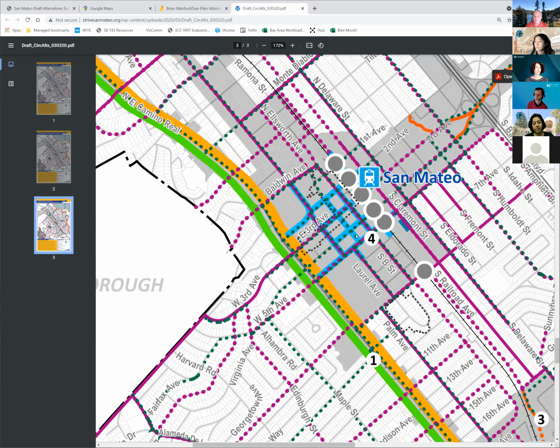And it also opens up a lot of space that can be used for a plaza or outdoor dining or green space. So that's an urban design concept. Again, exactly what the lane configurations would look like, we're not sure, but we do know it's going to be traffic calming and more public space and people space. So that's a concept here for downtown in alternative C.